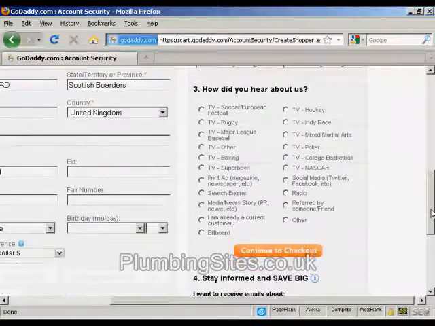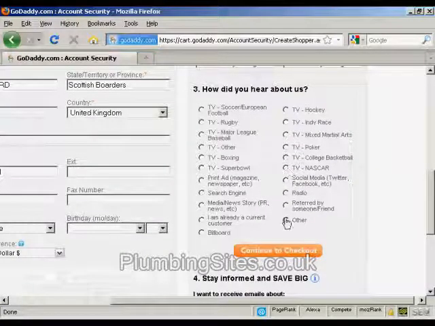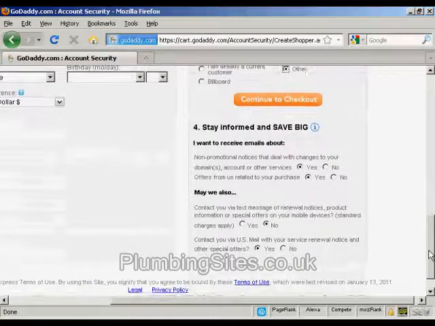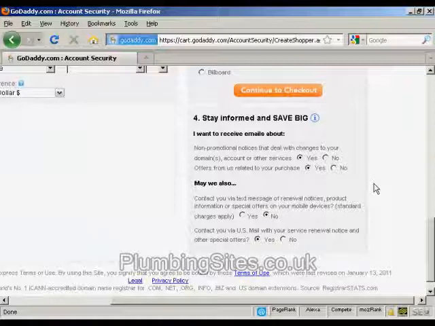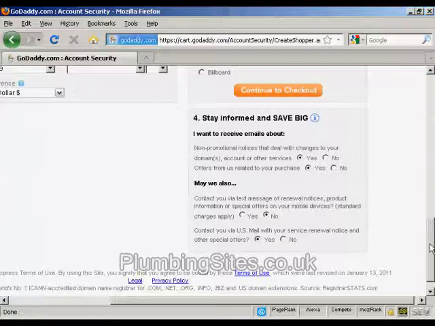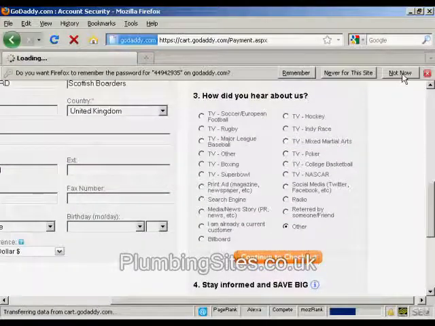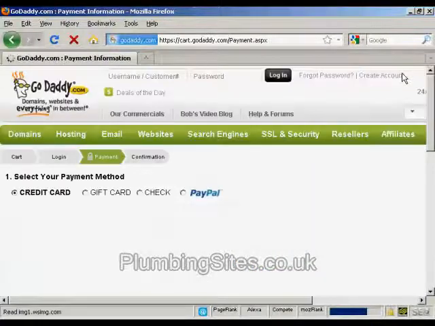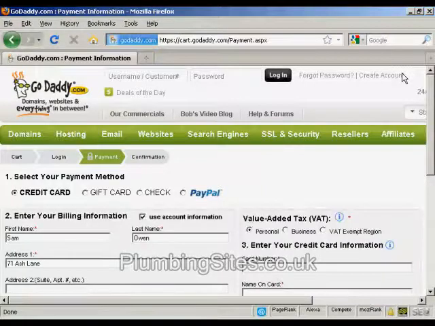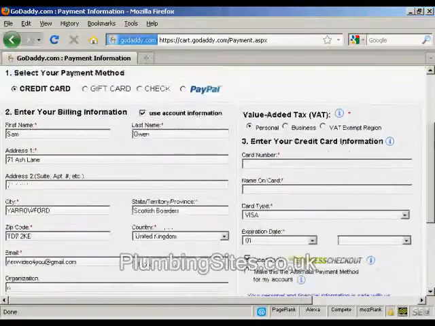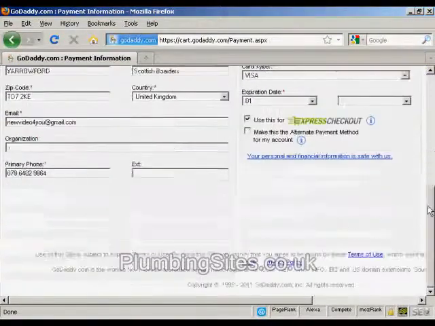And they want to know how they heard about them. I'm just going to click on Other. Also can select whether you want to receive email messages and so on. I'm going to leave it as it is and just continue to checkout. And I don't want them to remember that, so we'll clear that. And then it takes me to the final page where I enter my credit card or PayPal information